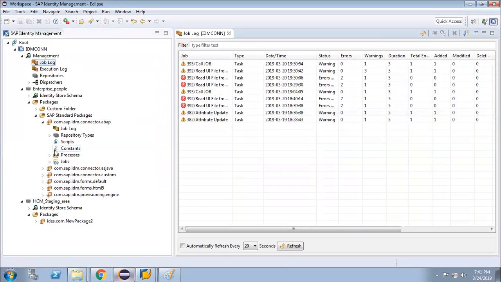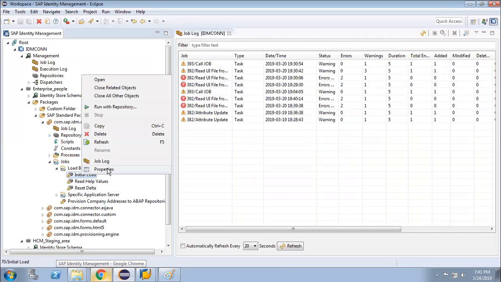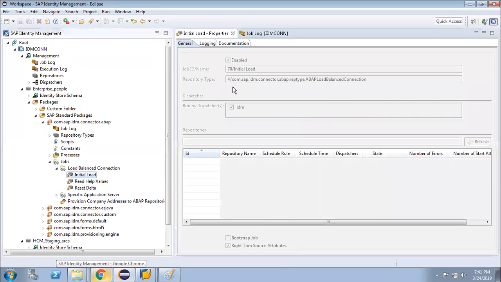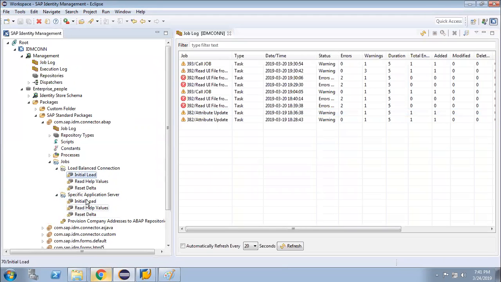What is the initial load job? Here we are having this initial load job. You will run it on a specific application server, or we will be checking and then doing it. Okay. Now, this property, I think the job is,